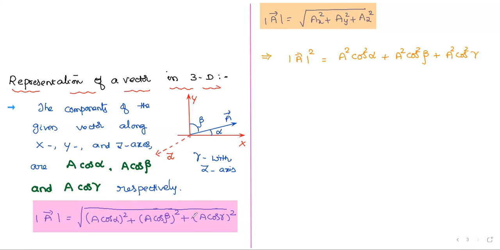Look at that, expanded form, exactly. And here I'm taking a square. Mod A bar is nothing but simple bare A. So bare A square, mod A bar or bare A, both are one and the same representation. Okay, so a square equals, on the other side, a square taken common. I'm getting cos square alpha plus cos square beta plus cos square gamma.